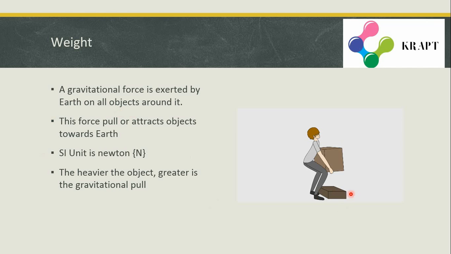As you know, we can see here a person lifting a box, and when he leaves it, it will go back to the ground. That box has some gravity, the Earth exerts some gravitational force on the box, hence it falls down. Now let us see what is the SI unit of weight, which is Newton. We can also say that the heavier the object, greater is the gravitational pull. You must have tried lifting a heavy object like a box full of books or something. That would be very heavy. But if you try lifting your geometry box, that is very light because the gravitational pull varies in each of the substances.